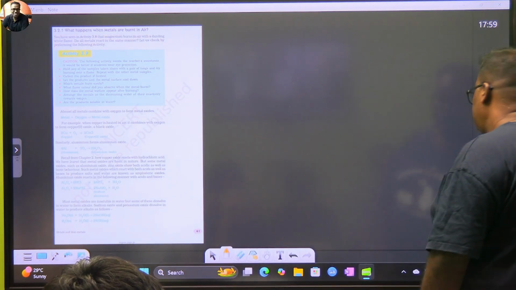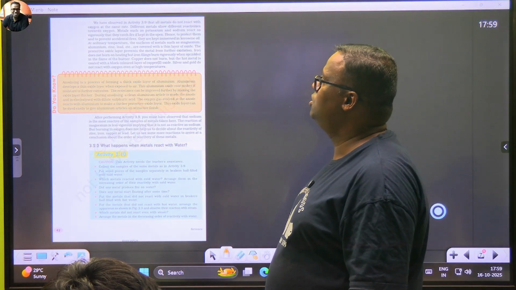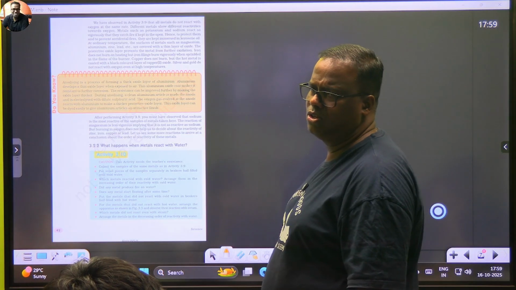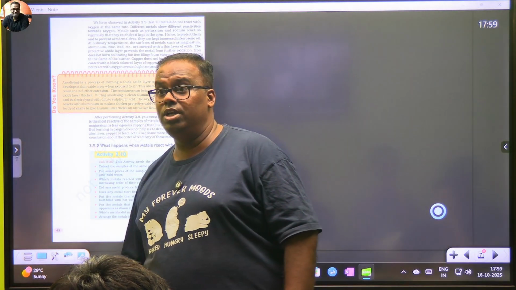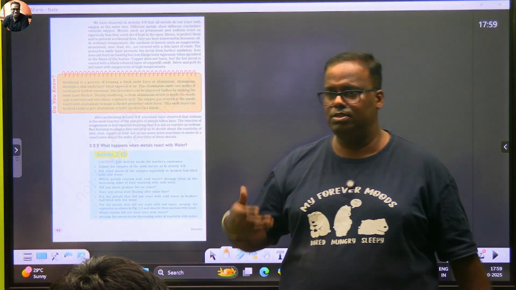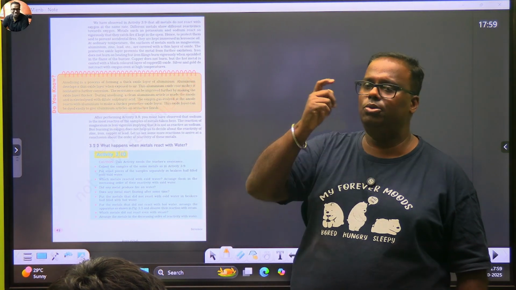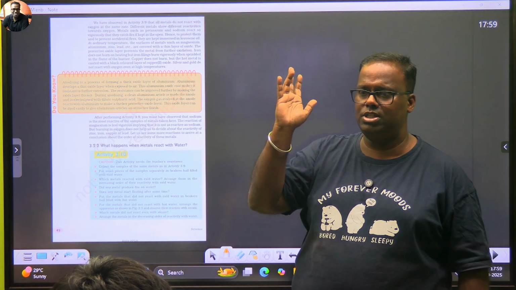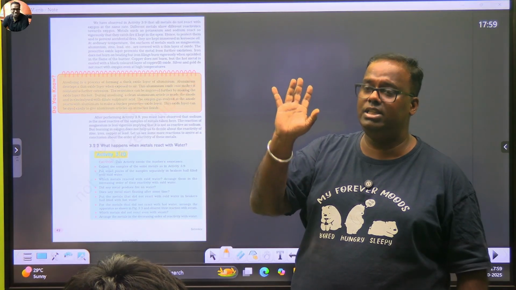Okay, next. So we observed in 3.9, all metals do not react with oxygen at the same rate. Different metals show different reactivities towards oxygen. Very common: if you take sodium out from kerosene, it will react vigorously. However, there are some metals which are everyday exposed to oxygen and don't react. For example, the iron karai that you have at home does not react with oxygen straight away. Some will react with hot oxygen when they are heated.